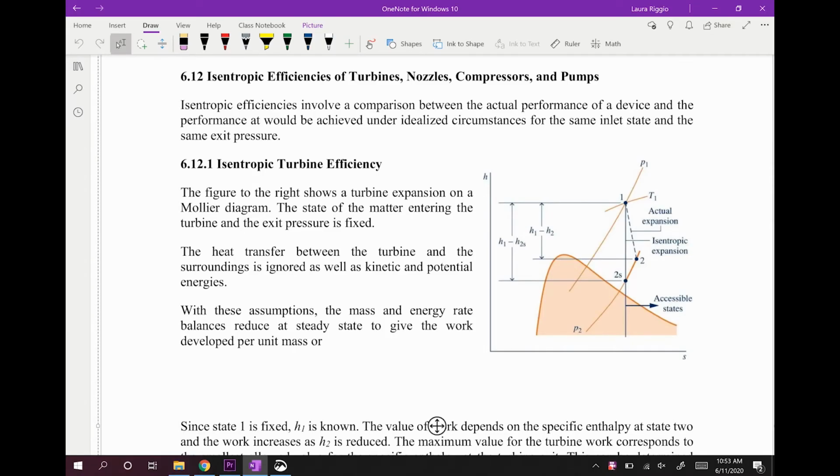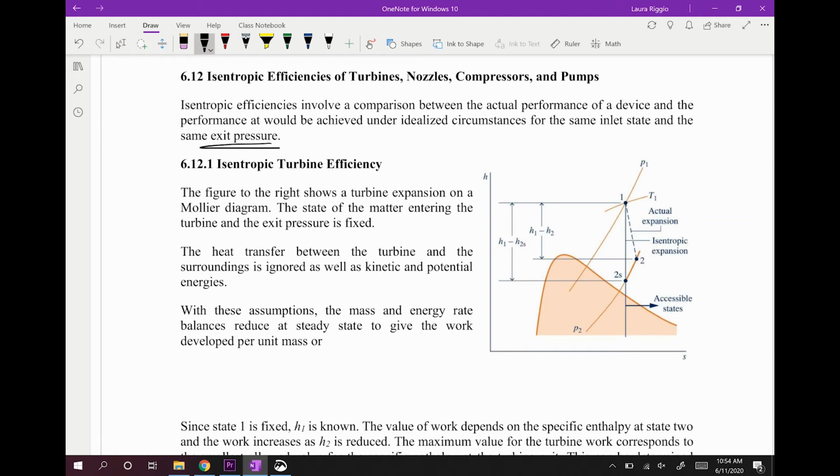In this lecture, we're going to go over the isentropic efficiency of turbines. Isentropic efficiencies involve a comparison between the actual performance of a device and the performance that would be achieved under idealized circumstances for the same inlet state and, importantly, exit pressure. So if we have a